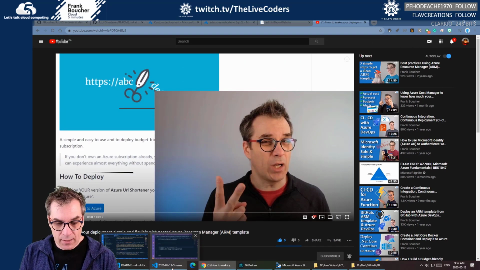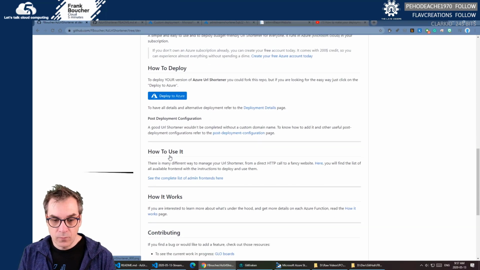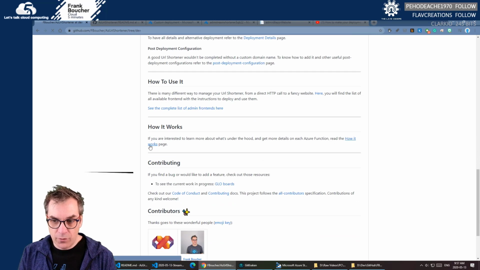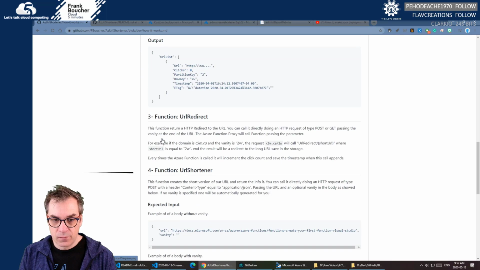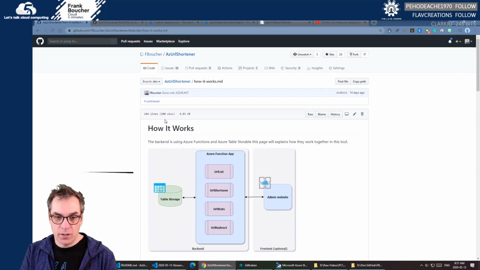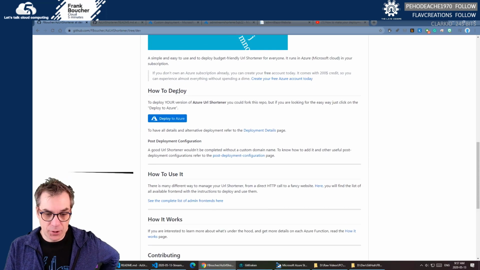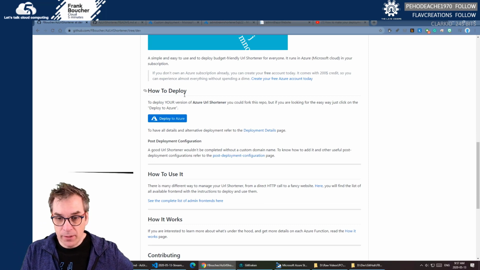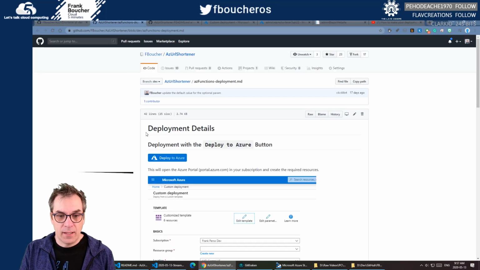So I think that should go like on how it works. If you click there, like Azure Storage, maybe I could do like Azure Function, how it works. I think it goes there. I'm just not sure how to deploy. Maybe in the deployment details. Yeah, I think that's where I want to put it.